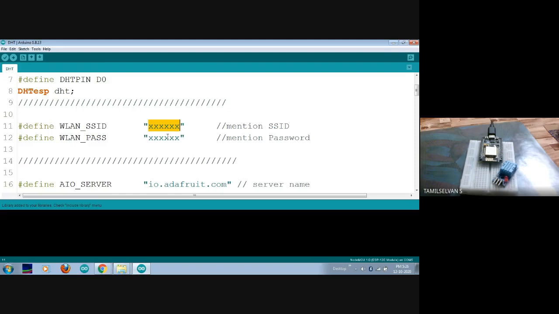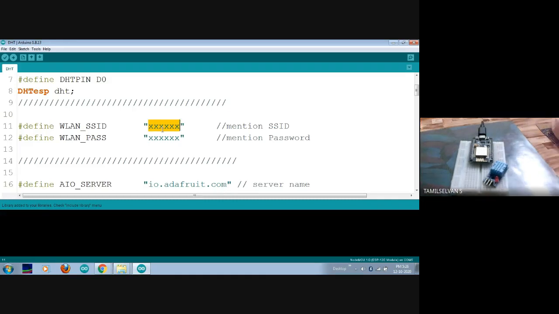Here in my case, I'm using my mobile phone hotspot as my Wi-Fi router. So I can give the SSID as my mobile phone's hotspot name. That is a case sensitive one. Even the space and the uppercase, lowercase matter, so please be careful. This is nothing but your Wi-Fi router's name. And for the password, I have given 1 2 3 4 5 6 7 8, and without the password also it will work.